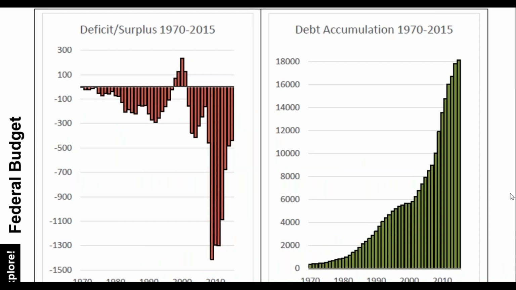Instead, if they're giving you a graphic, the first thing you want to do is look and see what doesn't look right. What jumps out at me in these graphics? Is there anything different about something? Or is there something similar in both of these cases? Well, when I look at the first one, this part right here where the bars are pointing upwards, that's what jumps out at me. Now, since they're talking about a deficit or a surplus, and this is basically my 0 point, because remember, negative numbers are a debt and positive numbers are a surplus, in this case, it's showing late 1990s, maybe up to the year 2000, we actually had a surplus in the